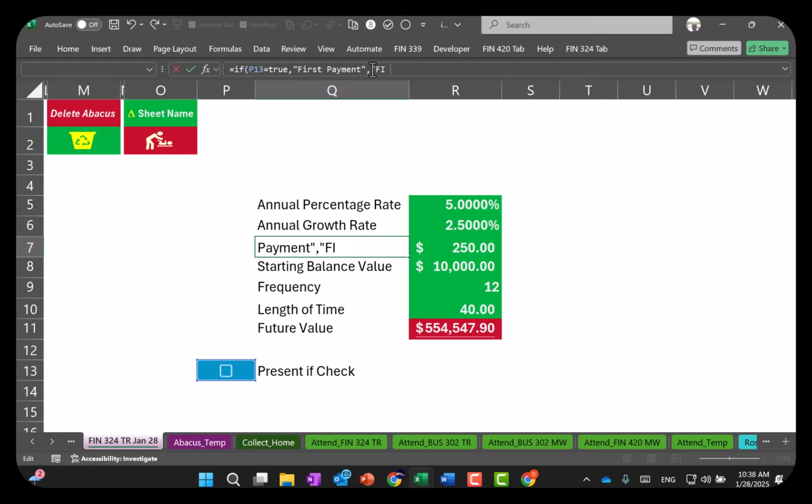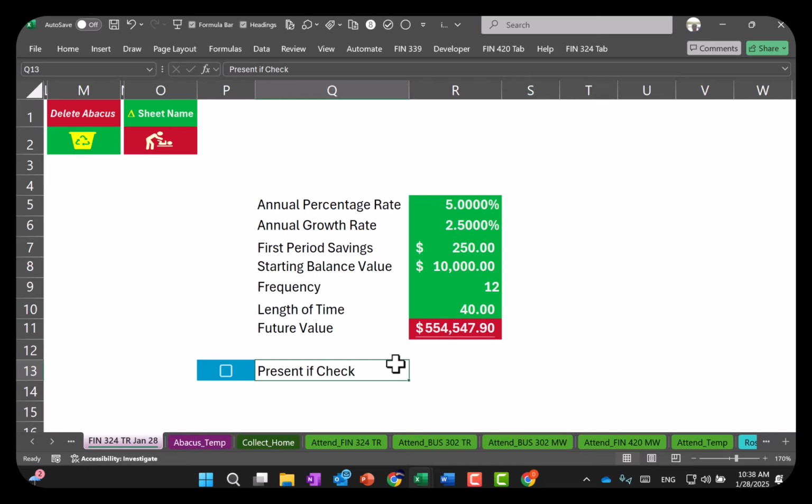Otherwise, I'm going to call it first period savings. You know, payment is something you receive, right? So if you're thinking of this as retirement planning,